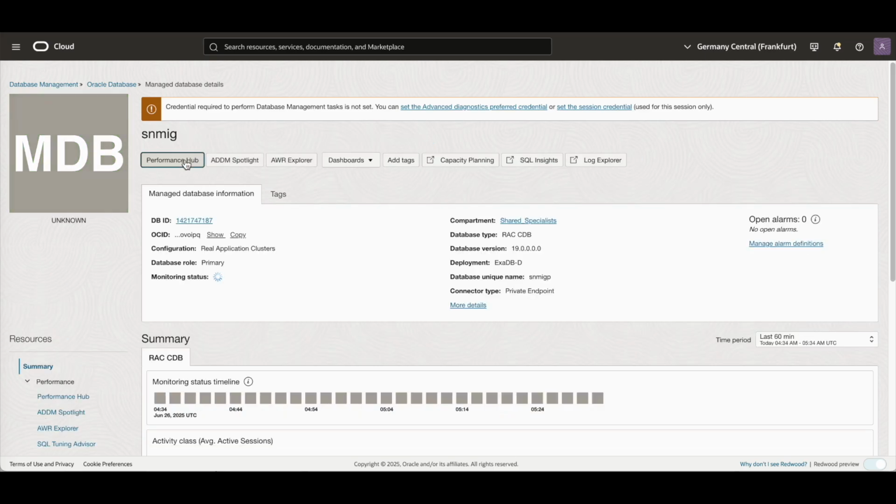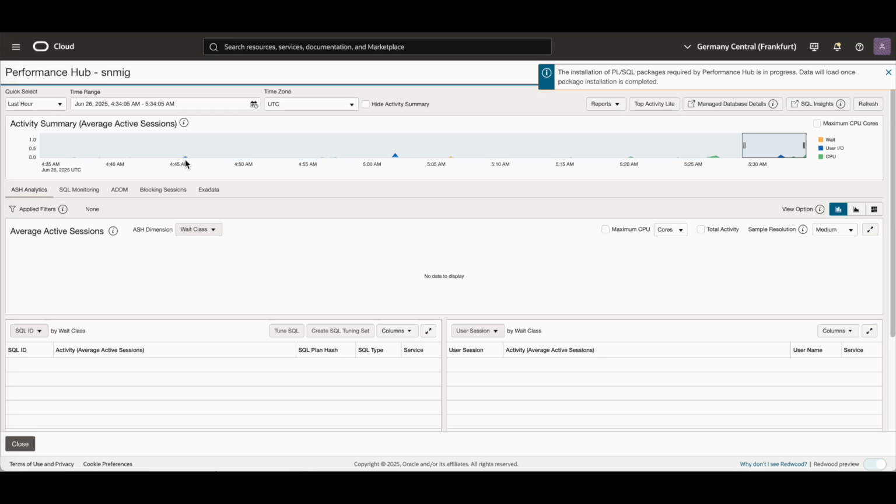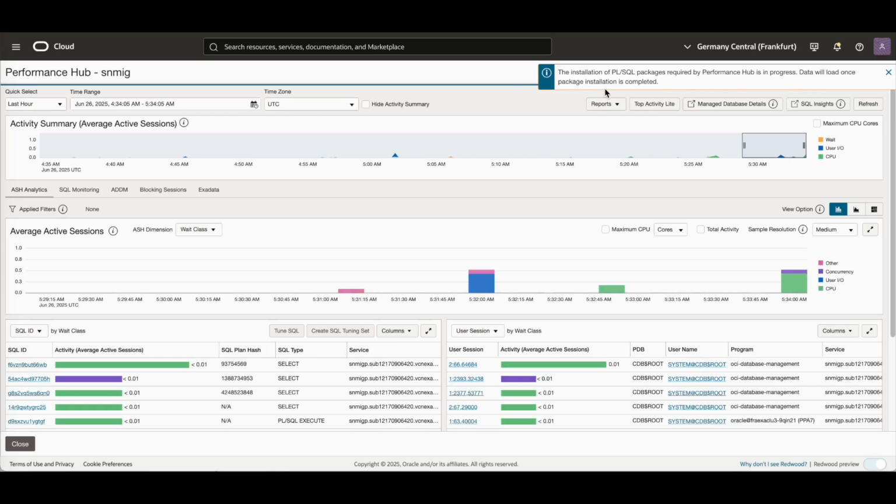Click again on the Performance Hub and you can see here that the installation of PLSQL packages required by Performance Hub is in progress. So you can see that the data is now being loaded.